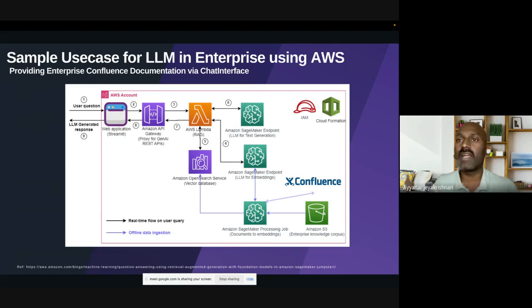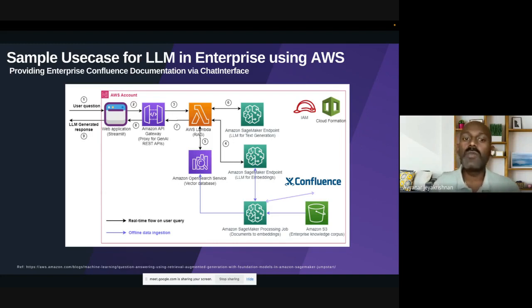If somebody is newly joining your company and starts working on a project, what if they could have a chat window, type the question, and it takes the data from Confluence, rather than them going link by link through Confluence? Good, right? It's fantastic. So that is what we can achieve. I'm just giving a sample use case. I'm not saying this is a use case you have to use. It's one of the use cases I just want to address.